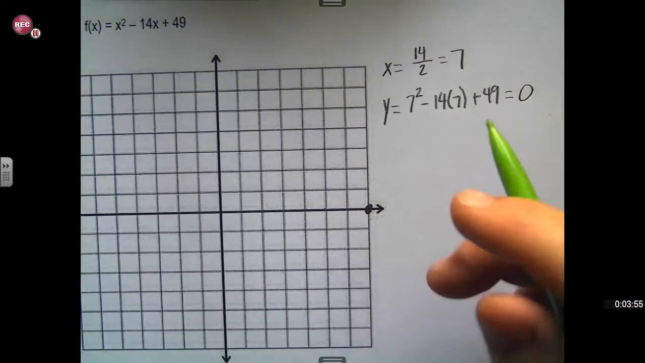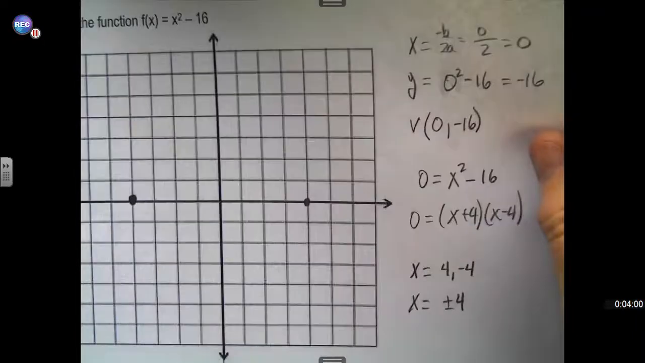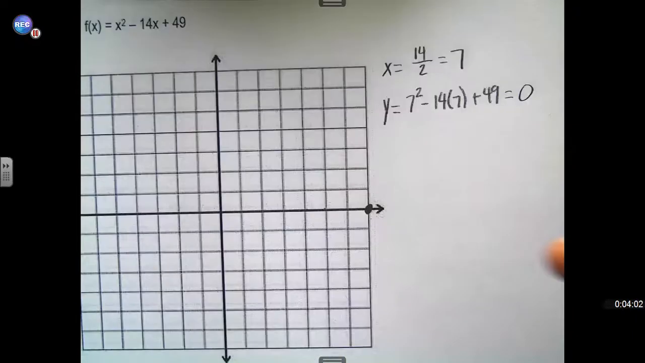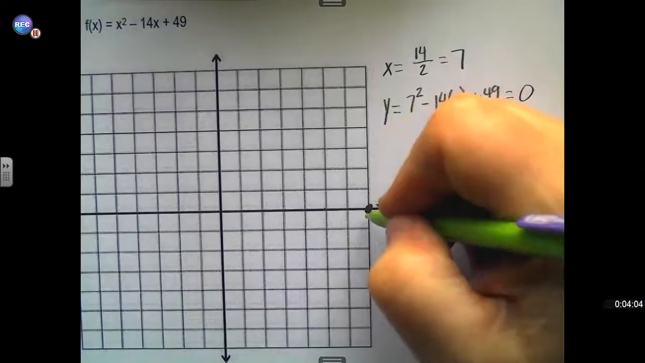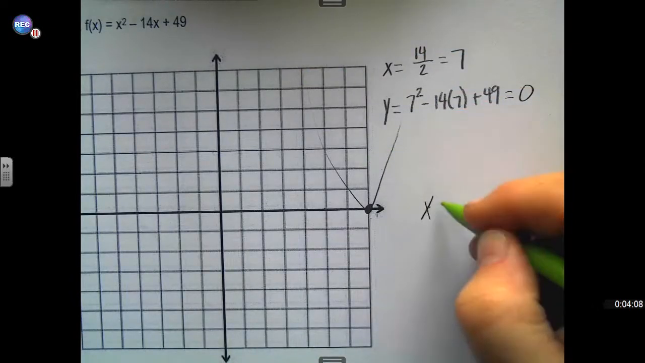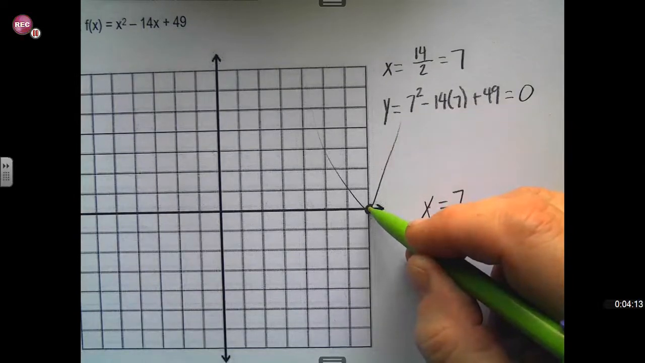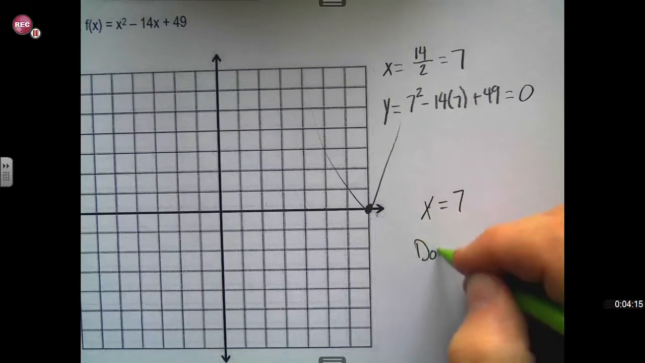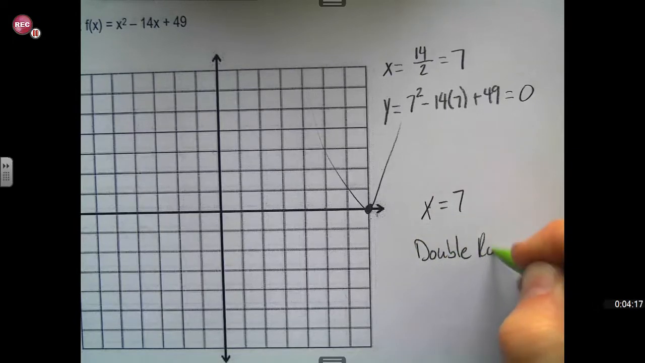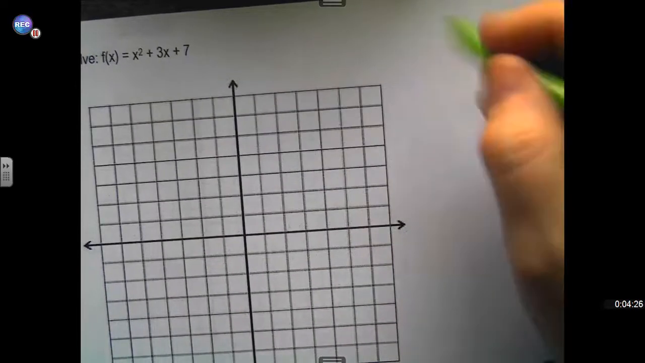Okay. When we're solving these equations, there's going to be two answers like there are here. Another possibility is that there's one answer, like what I have here, x equals 7. And we call that tangent. And at the point of tangency, we have what's called a double root. Okay. And this is probably the third possibility, which is that there's no